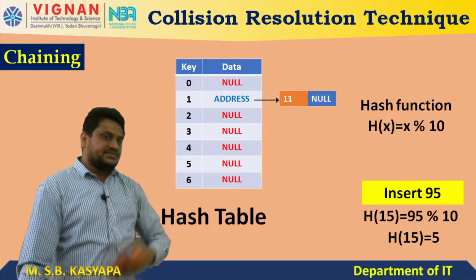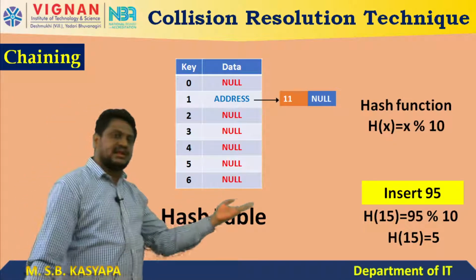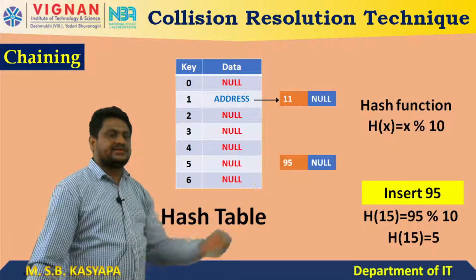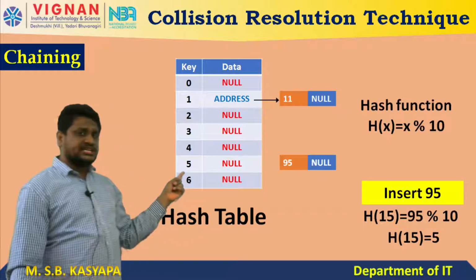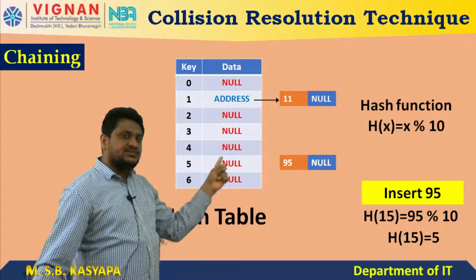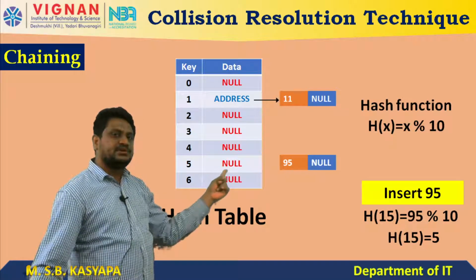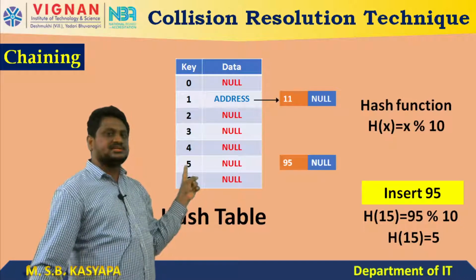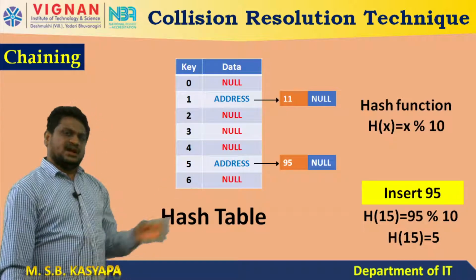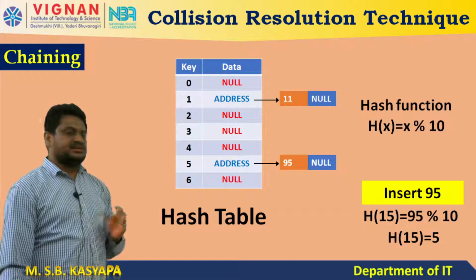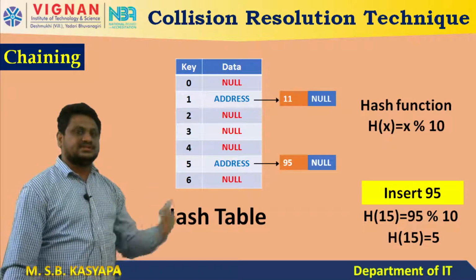Now next, what do I have to do? I have to create a new node with the given value. So the given value is 95. So with 95 I have created a node. Now it is representing 5. Now I am checking whether 5 is representing null. So if it is null, that means the new node address I will put directly here. So 5 is representing the new node address directly. Why? Because there is no next element. Up to now this is very easy. Am I right? It is very easy. So whatever we are discussing here, the next one is the main thing.